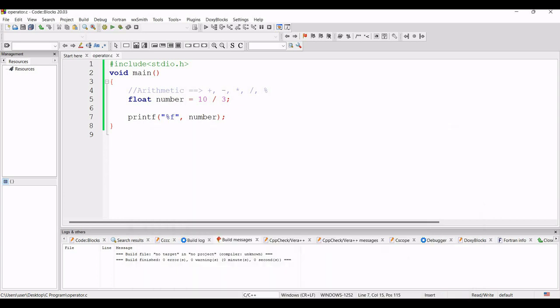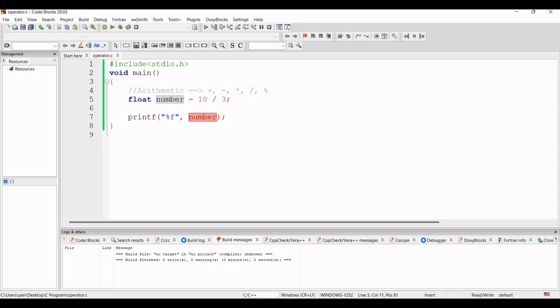Here 10 is an integer and 3 is also an integer. So I am dividing an integer value by an integer value. So the result will also be an integer, but I am storing that integer result into a float variable. So for that reason, after the integer value, 0.0000 is just added.